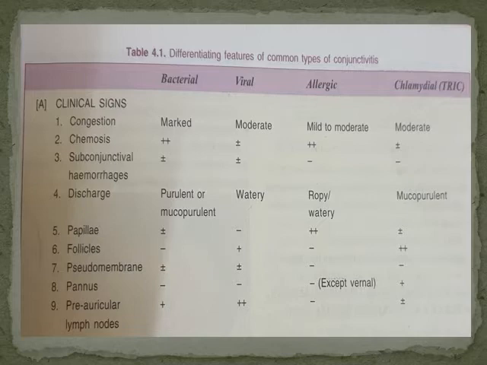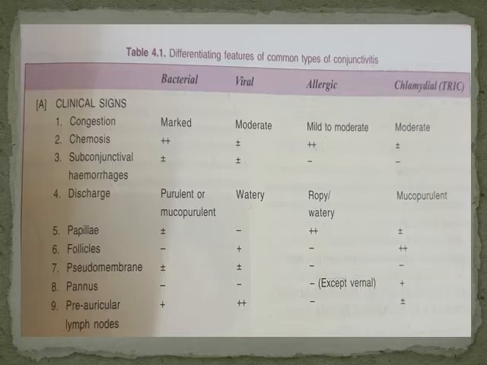In allergic conjunctivitis, it can be simple allergic conjunctivitis, vernal keratoconjunctivitis, atopic keratoconjunctivitis, giant papillary conjunctivitis, phlyctenular conjunctivitis, and so on. So it is very important to clinically distinguish whether it is bacterial, viral, allergic or chlamydial